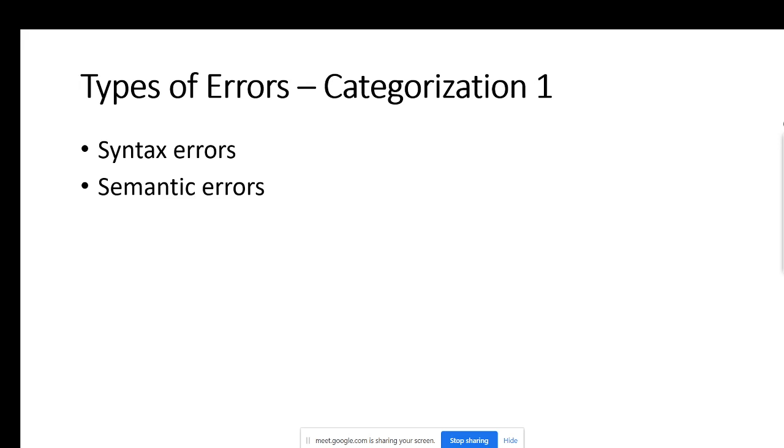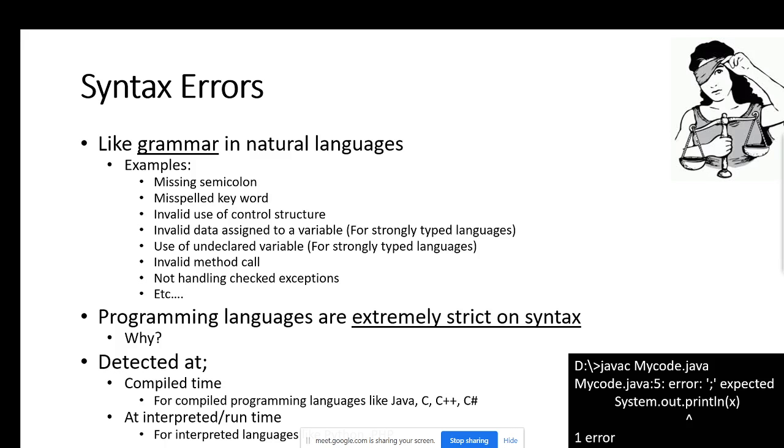Right. So there are different categorizations. We are going to look at a few categorizations. The first categorization is syntax errors versus semantic errors. So we can subdivide errors into syntax errors and semantic errors. When it comes to syntax errors, it is something like grammar in natural language, right? So for example, if you say